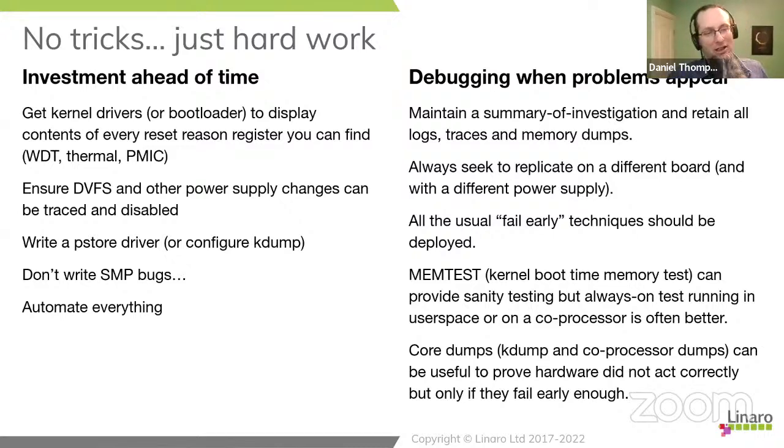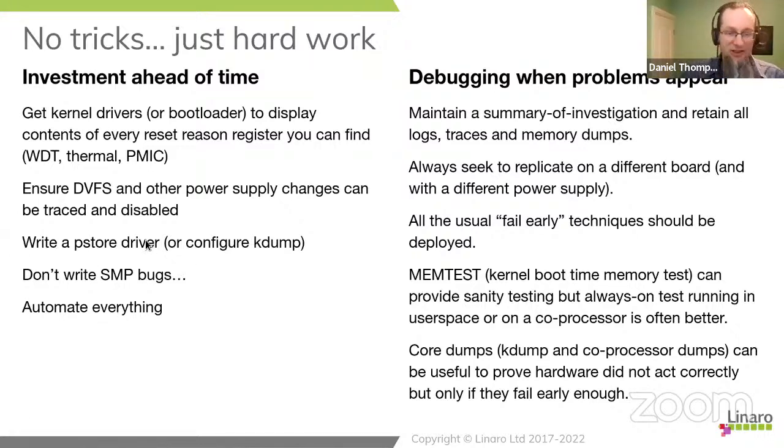It doesn't mean that if you have disabled power management and everything works, that you can just hand it on to somebody else. I don't like the idea that by disabling a bunch of features, you can then blame those features. That's not how it works. But they're still very useful data points to be able to say, when I turn this off, my random failure stops. It definitely allows you to do more review of the software, and so on and so forth. Have a pstore driver, the thing that backs up the RAM oops technology, so that you can track oops and things like that and recover them easily.